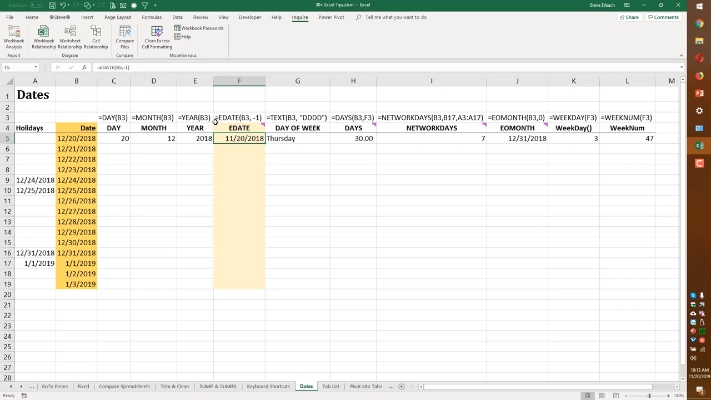The formula is EDate, and you give it the cell you're interested in. In this case, it's B3, and then a number. -1, in this case, means give me the same day on the previous month. If I change this to -3, it gives me the same day 3 months ago. If I copy this down to the rest of the column,